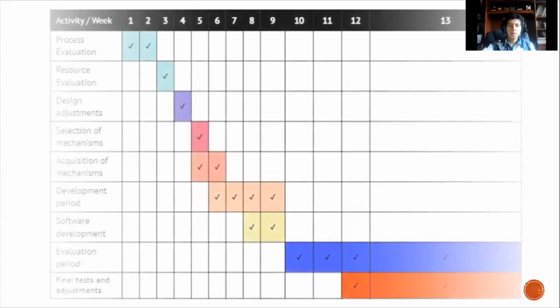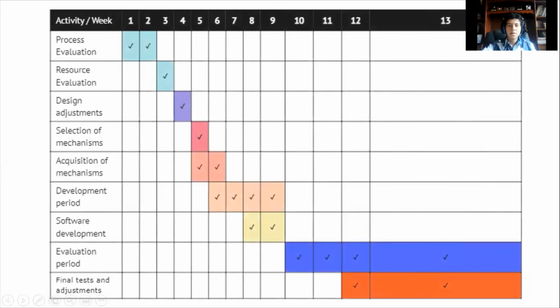Finally, here we have a Gantt diagram that represents the time that we need and all the actions to develop the machine. First, we have to evaluate the process and the resources that we have, and then with that, design adjustments or a better design for the machine. Then with this completed, we need to select and obtain the mechanisms and all the parts that we need for the construction. Then the development time, the creation of the machine, is one of the longest,